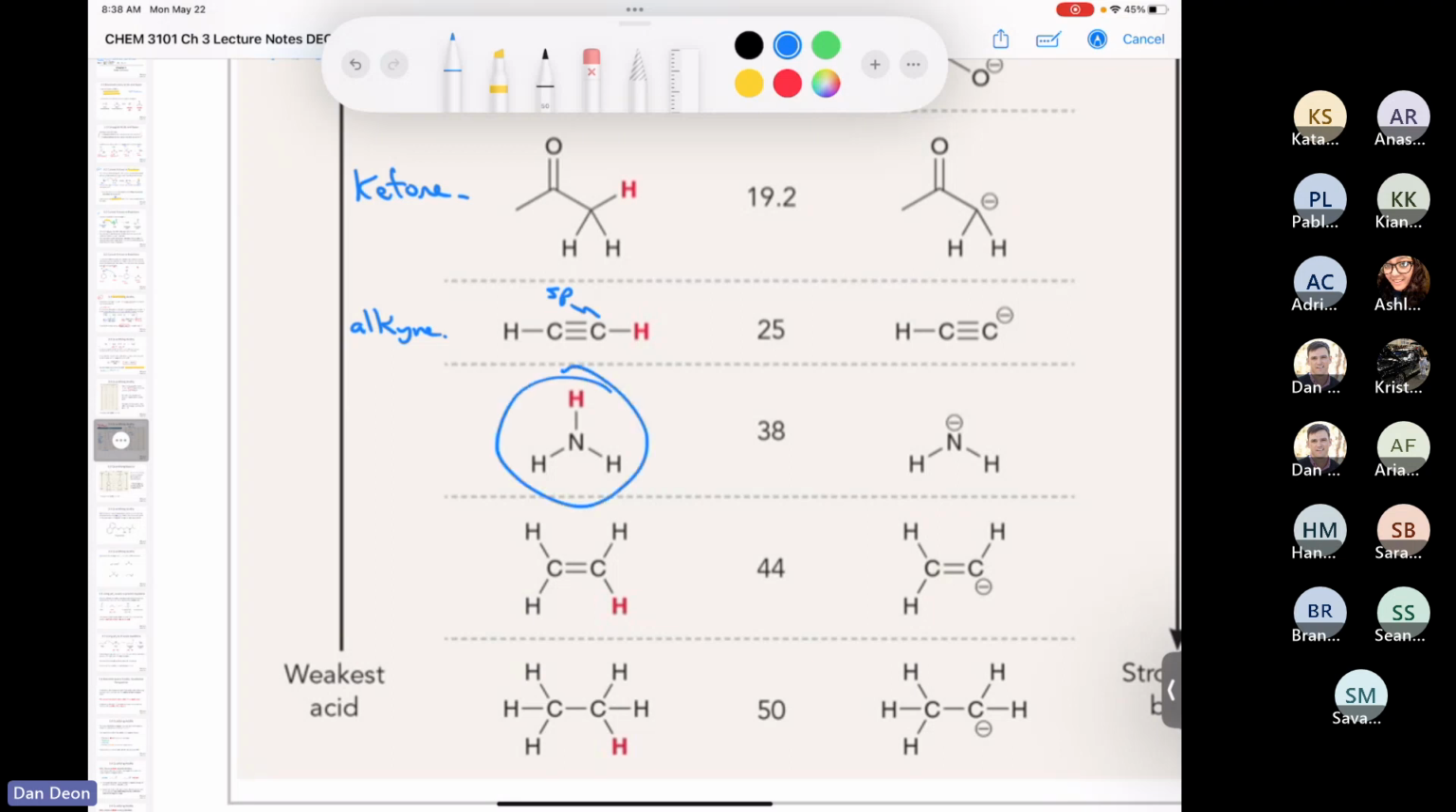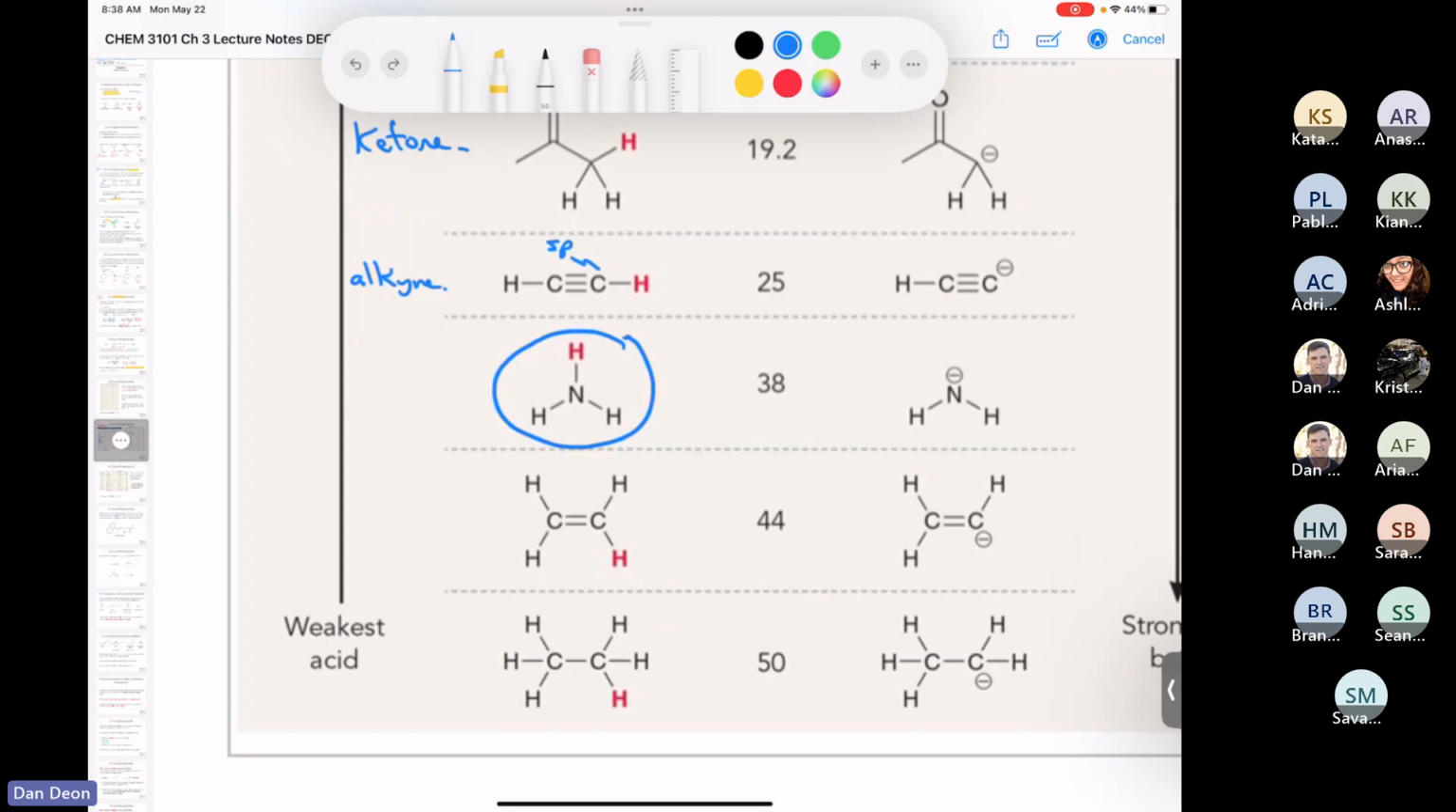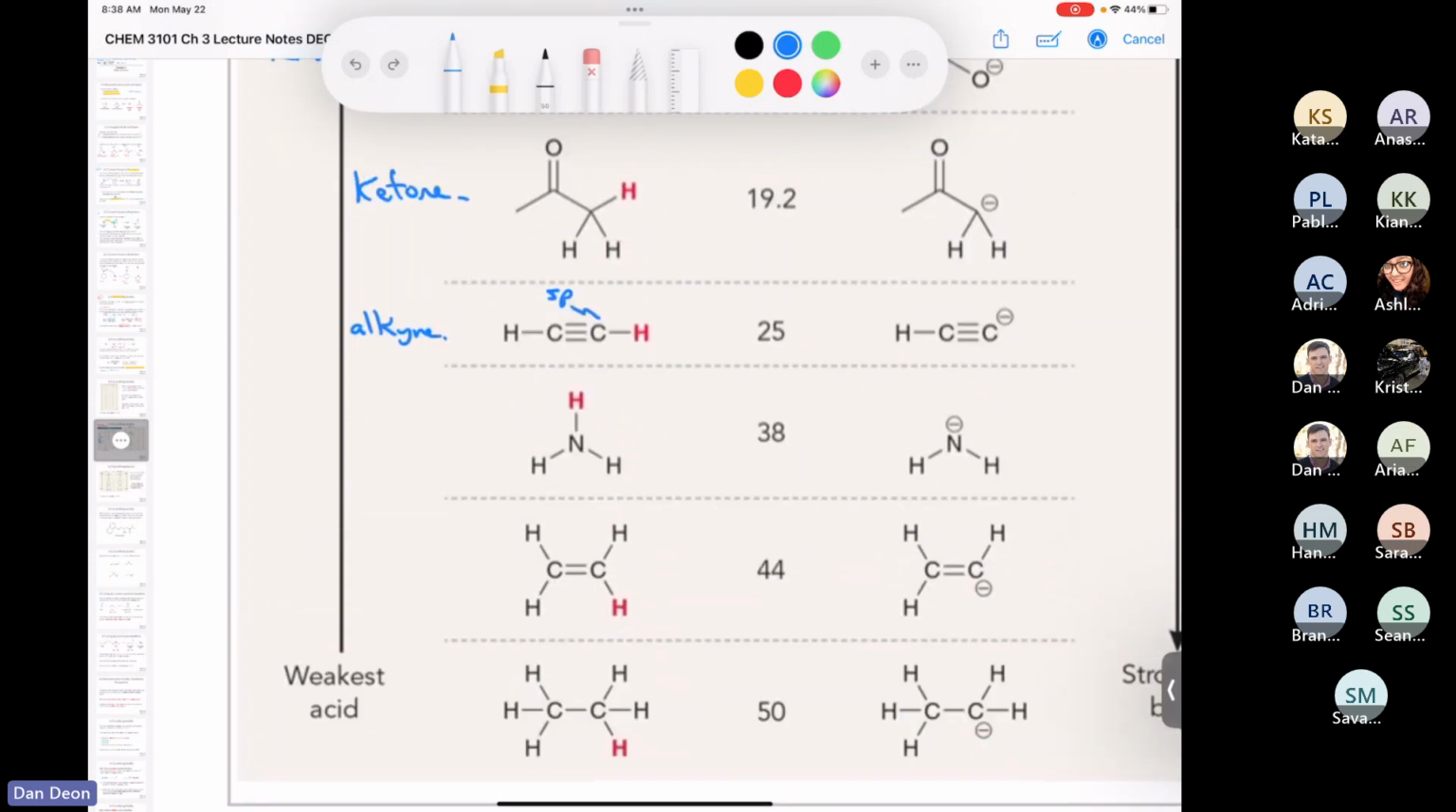Could anybody name this molecule? Since we're naming molecules, could anybody name NH3? What's the name of NH3? I mean the actual name. Yeah, thanks, Sean. It's ammonia. So Sean, I'm going to write here ammonia,